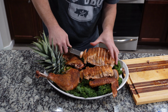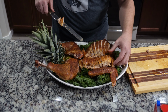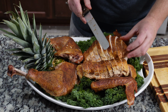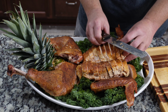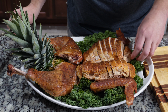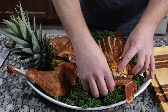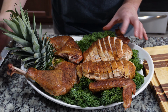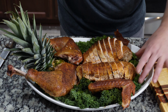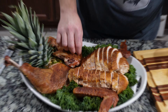And we'll grab the next one as well, and we'll slide it in here. Now, you may have to move around a couple of those slices to get them just how you want them. And maybe move some of that kale just to prop up the turkey breast so it all lays just how you want it. All right, and move that wing out just a hair. Okay, now that's sitting about how I'd like it. So I'll tuck a little of the kale in on the side and pick up a couple of the little pieces I've dropped on top. All right,